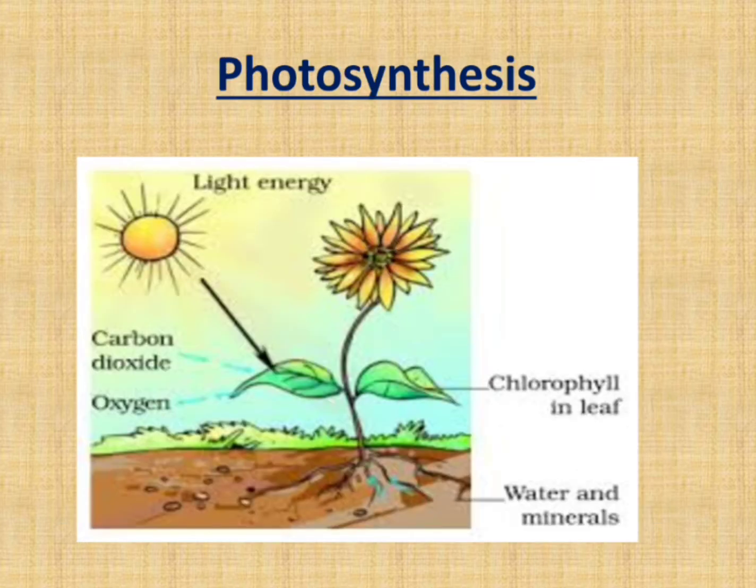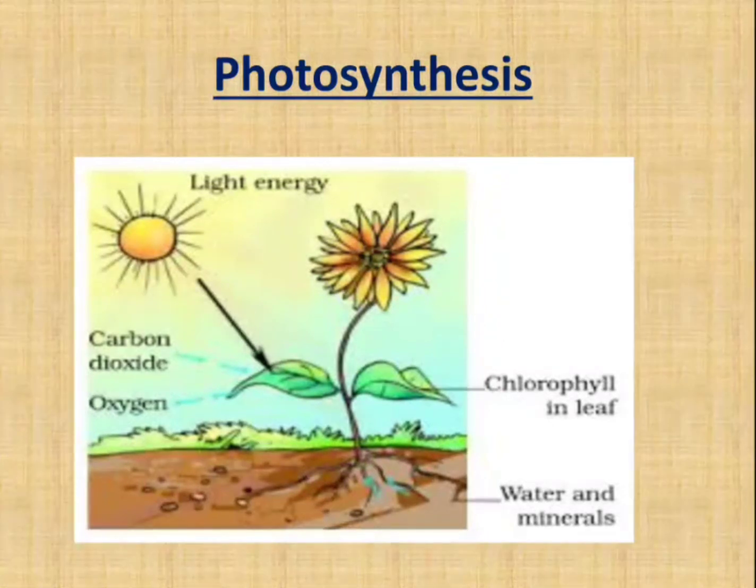So, we find that chlorophyll, sunlight, carbon dioxide and water are necessary to carry out the process of photosynthesis. Thus, sun is the ultimate source of energy for all living organisms. Photosynthesis is a unique process on the earth. Can you imagine life on the earth in the absence of photosynthesis? No. In the absence of photosynthesis, life would be impossible on the earth.